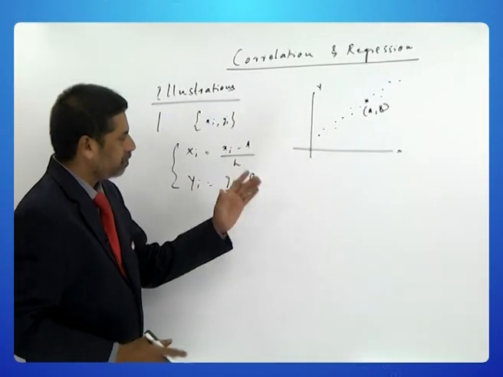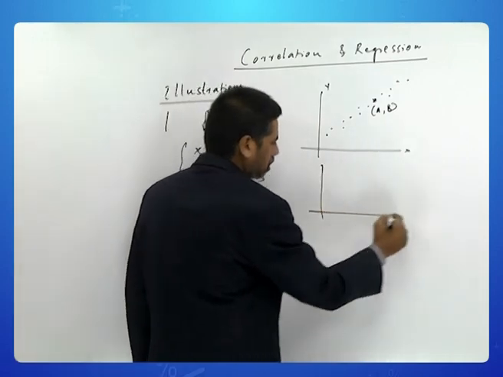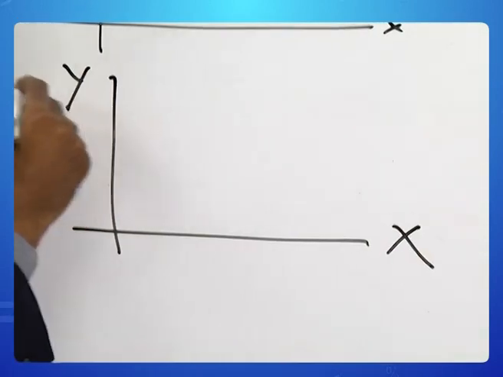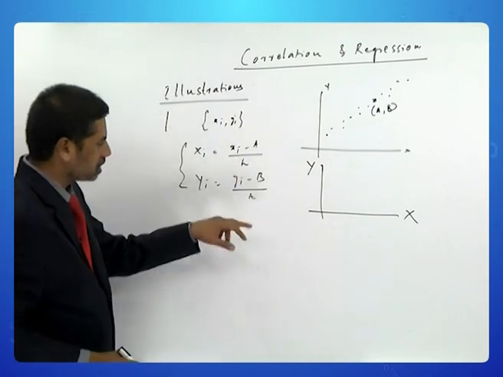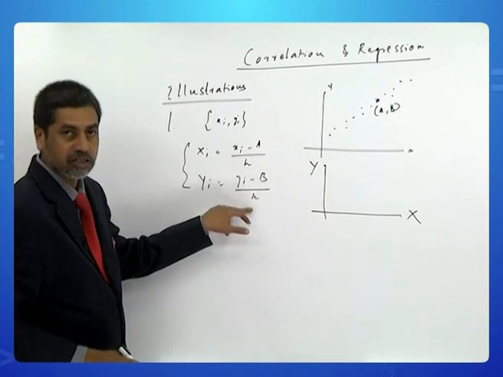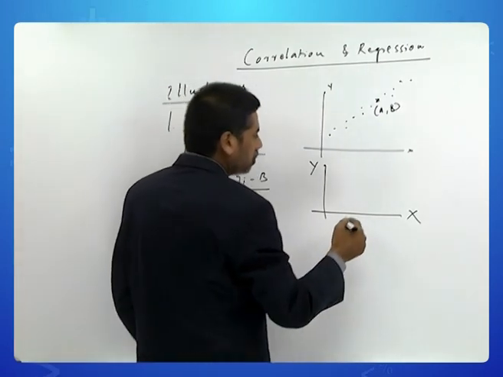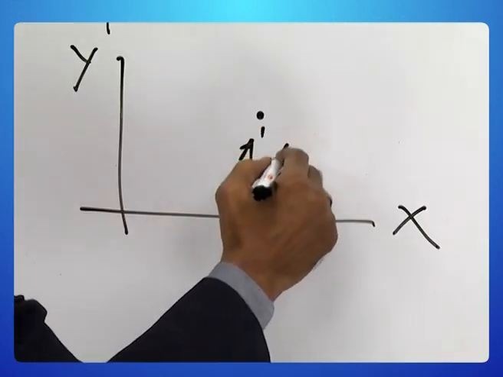So you derive new data from this data by these formulas. h and k are called the scaling factors. Then you will get a dash, b dash,